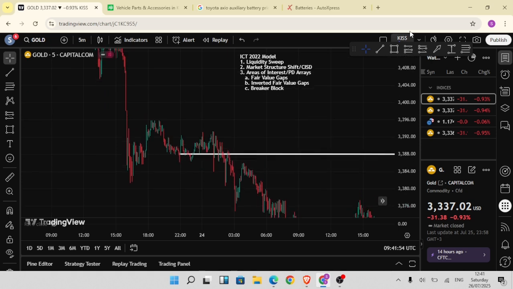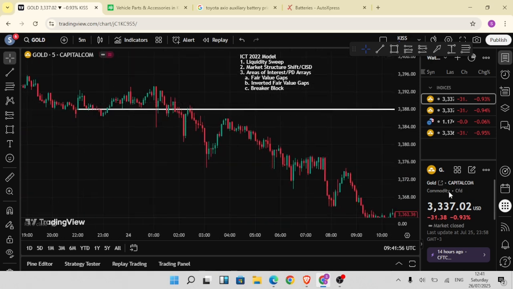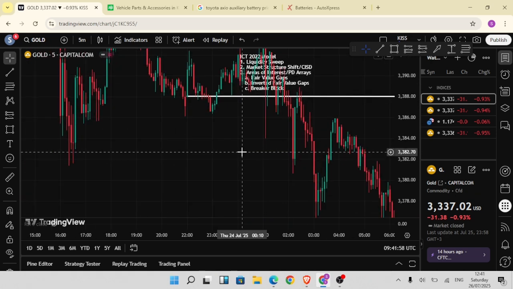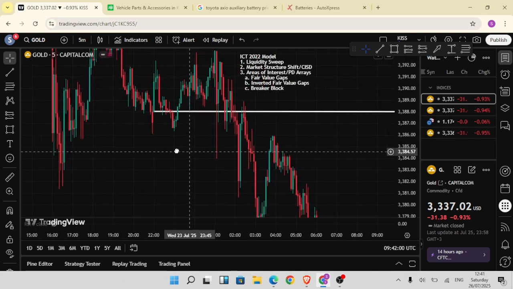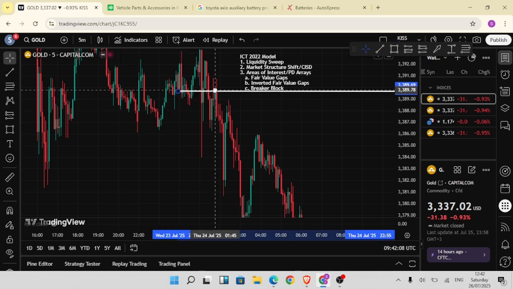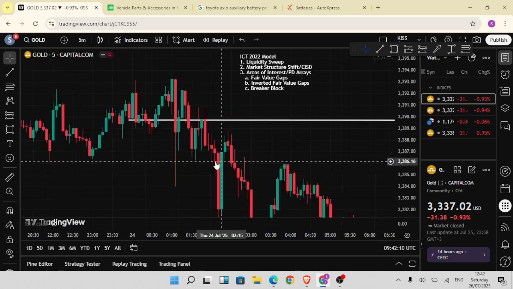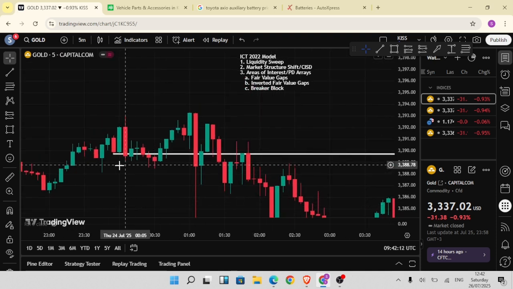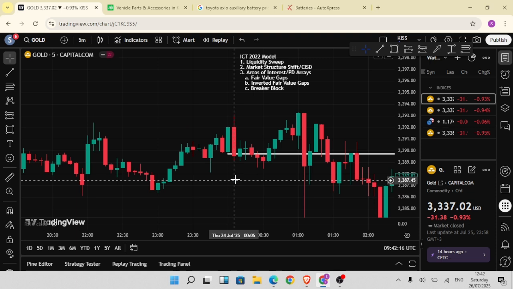So we want to look for Thursday midnight open. Where is it? Right here. Thursday midnight opens right on this candle,